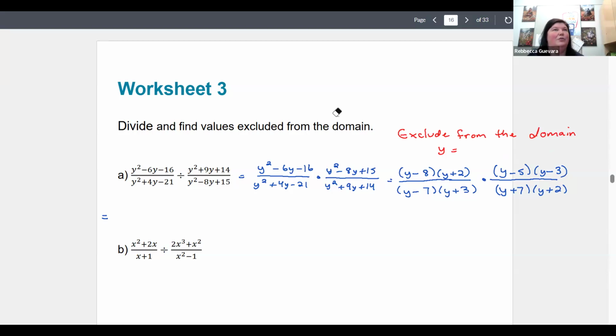So let me just rewrite that the correct way. So we'd have -7, -3, -2, +7. What can we eliminate? I actually don't think we get, oh, one thing. I think the y plus 2 is the only thing that is shared on the top and bottom. Yeah, because that's a +3 and that's a -3. So it's just going to be one factor. So we're going to be left with